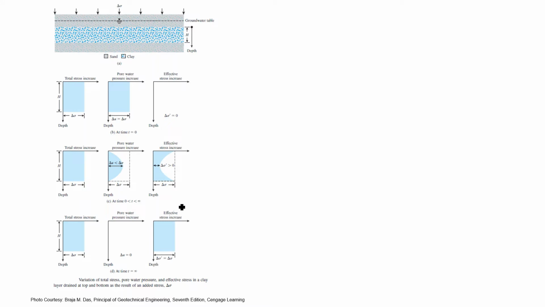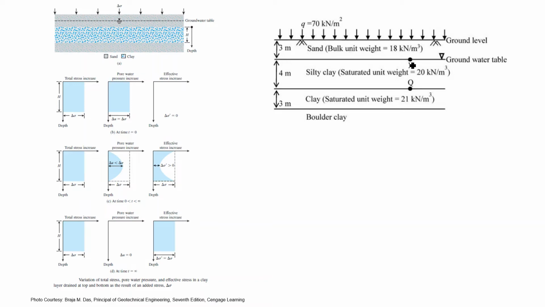So in this question we need to find the effective stress instantaneously after loading. So we know just after loading the effective stress is 0, that is all the stress due to extra load is taken by the pore water pressure. So effective stress will be the same as earlier. Whatever amount of effective stress was acting before this loading, that will be the effective stress just after the loading. So we need to calculate the effective stress at P and Q.